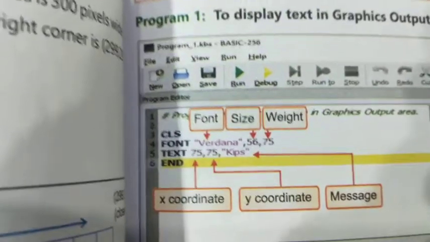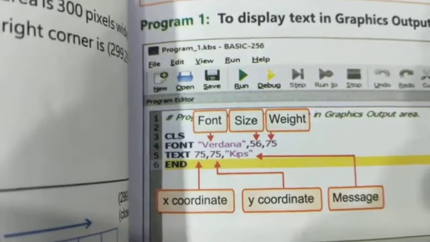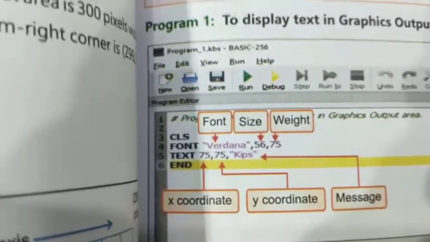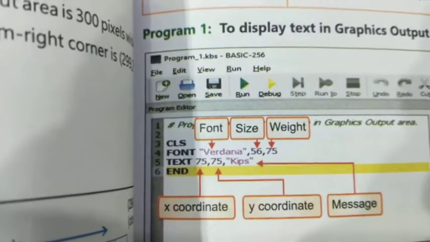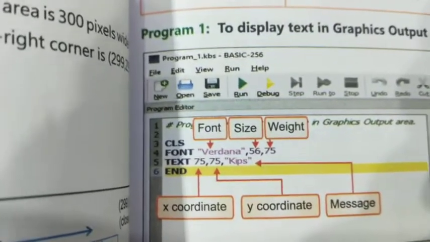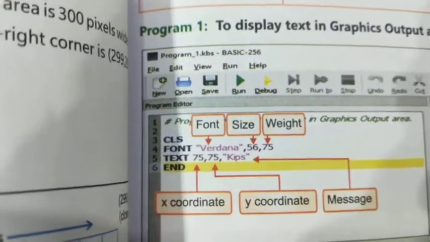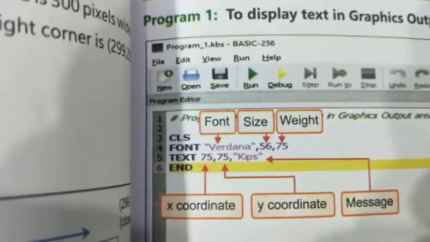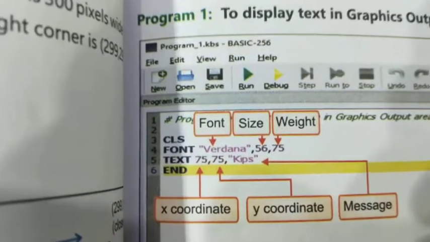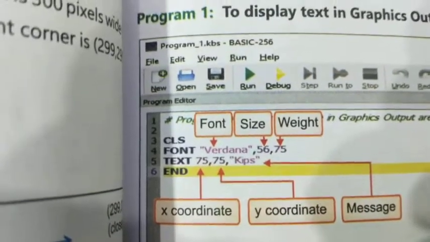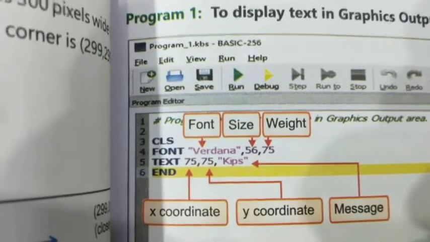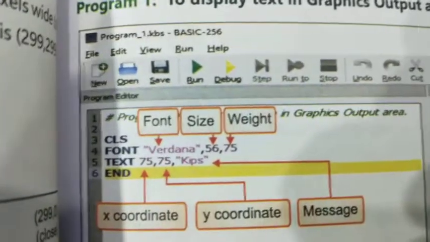First of all, you have to use the command CLS. CLS means clear the screen first, then only you can see your output if anything was previously on the screen. Then we use the font command. Here we are taking the font Verdana, and the size and the weight of the font are also mentioned here.